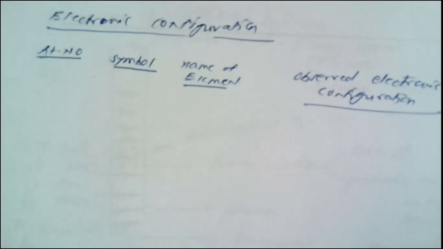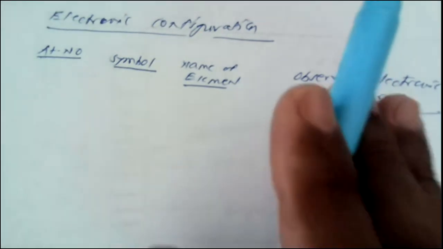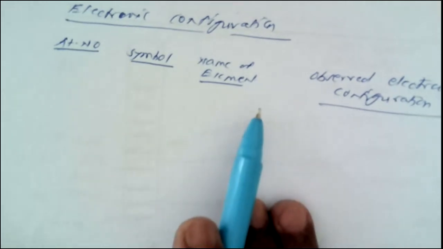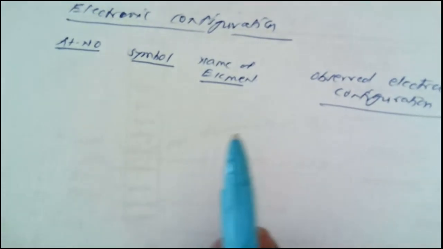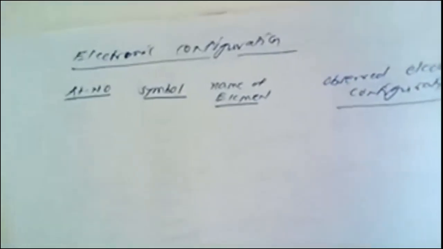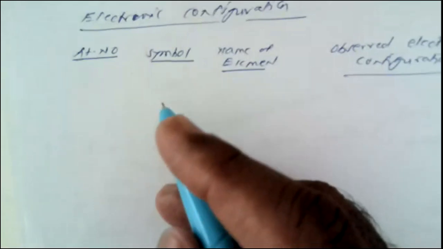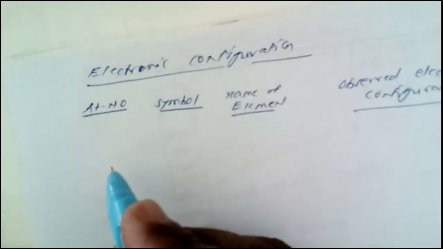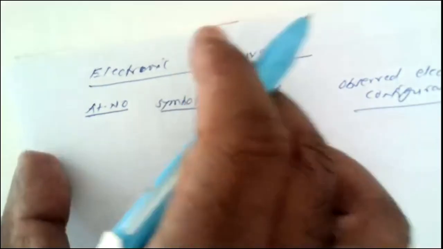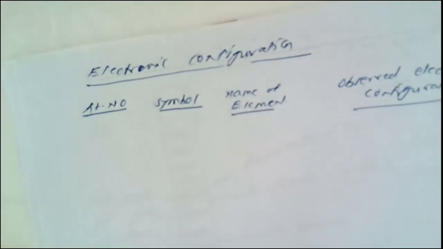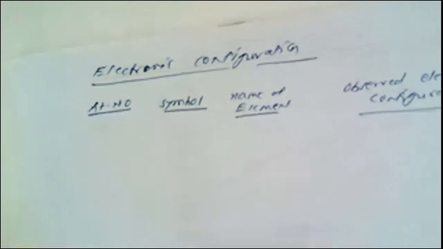depend wholly upon the electronic configuration. Once you know the electronic configuration, it is very easy to study all the related properties. So if you cannot write this electronic configuration in your notebook, then it is next to impossible to study the 3D series. First of all, we shall finish the atomic number, the symbol and name of the elements. Then we can arrive at the observed electronic configuration.